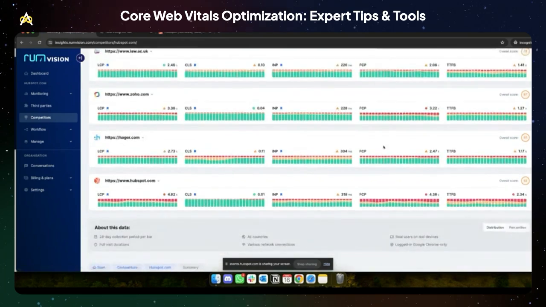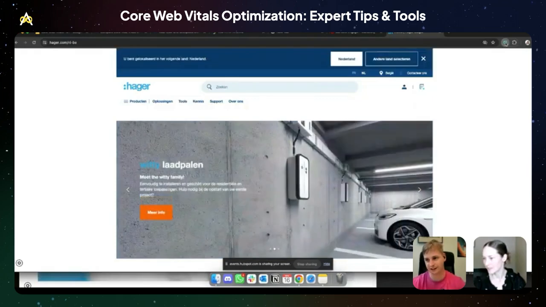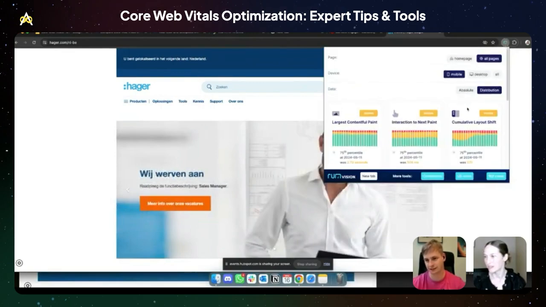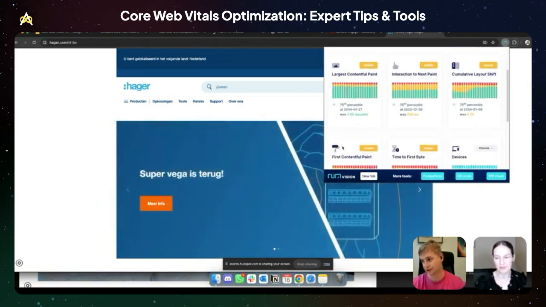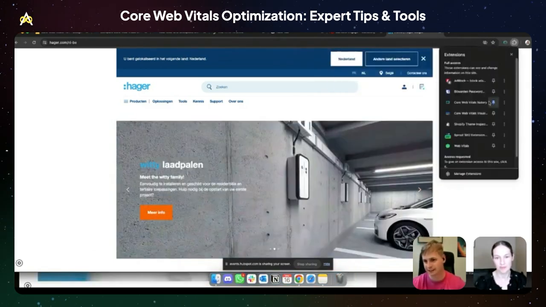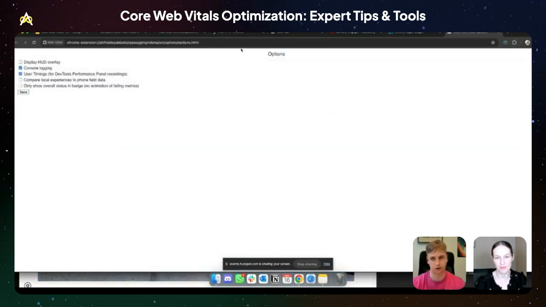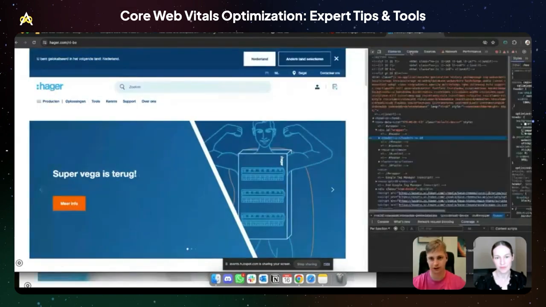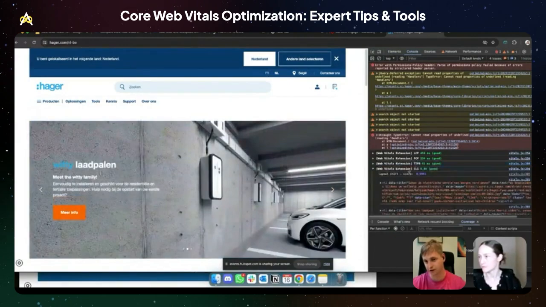Let's look at Hager, for example. Sorry if I pronounce it wrong, by the way. Small plug, by the way, is I've built my own extension. So you can click on this icon, I've pinned it, and then it will retrieve the data of the site you're currently on. So that's really easy. So you can just audit every site on the go. But besides that, I really recommend you installing the Web Vitals extension, because this one allows you to log stuff in your console. And the cool thing is that if you enable console logging, it will basically show you all the metrics of the current load